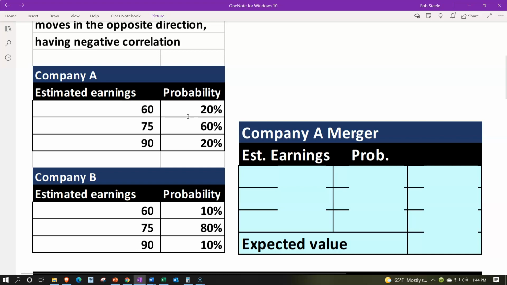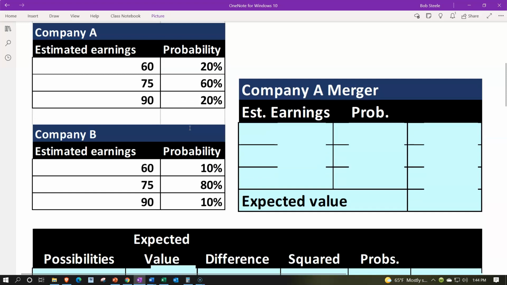We're going to say maybe 60 is 20% versus the 75 is at 60%, the 90 is 20%. And these percentages, of course, have to add up to 100: 20, 60, 20 add up to 100%. Then we can apply our statistical analysis. First step being, what would be our expected value given these percentages, which we